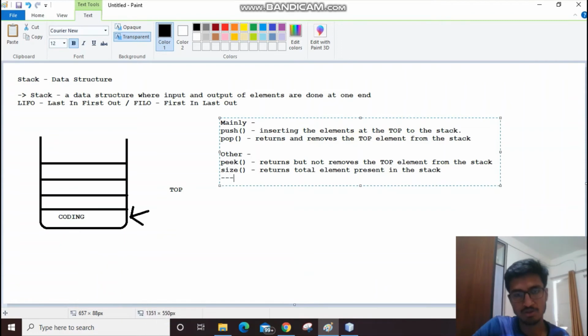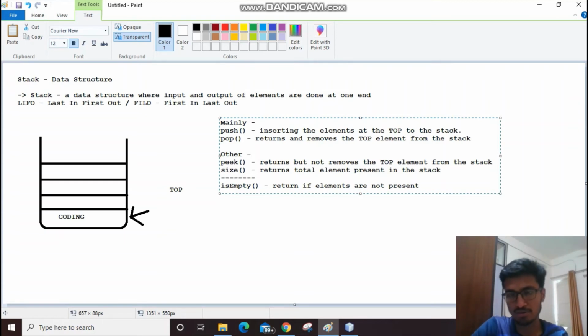Apart from this, you can also include other methods, like isEmpty, right? isEmpty returns true if there are no elements present. And isFull is another method.